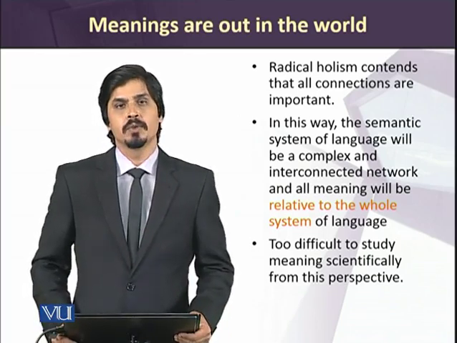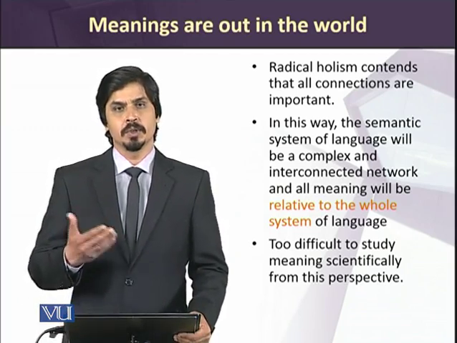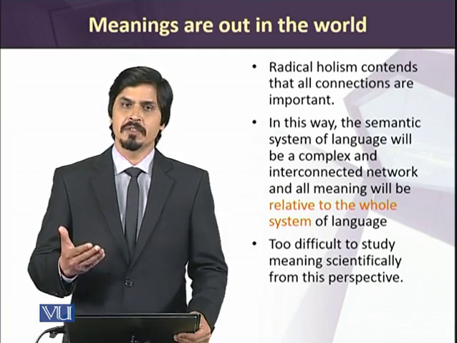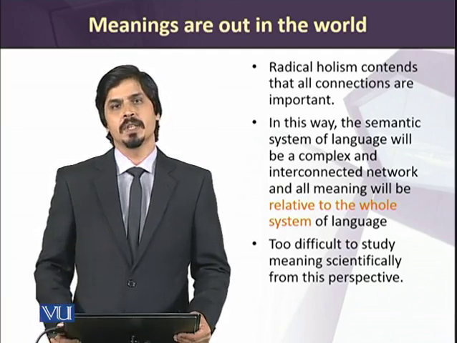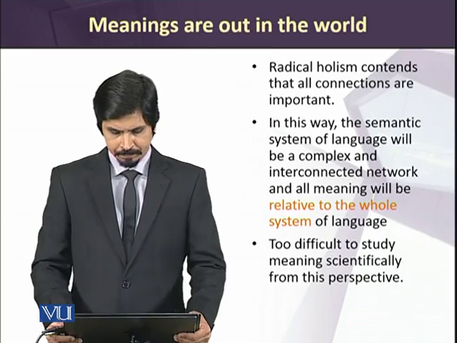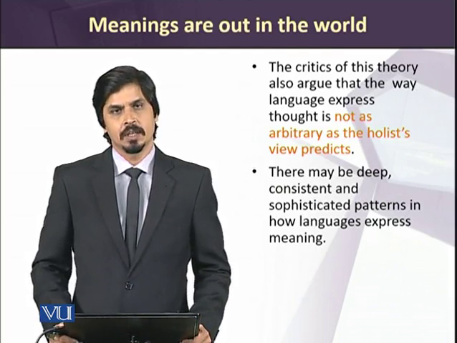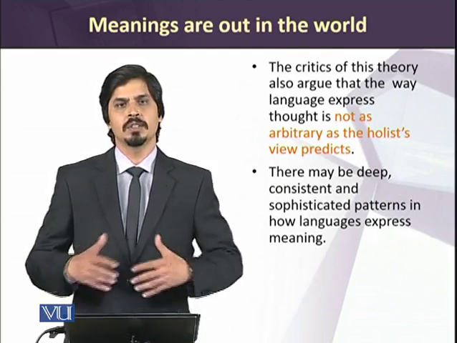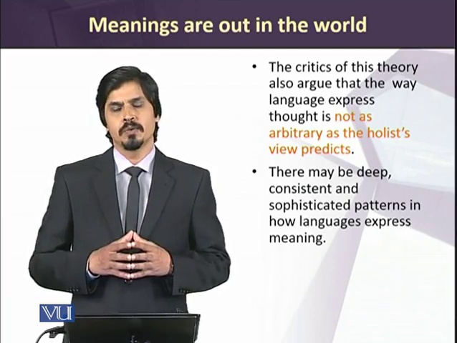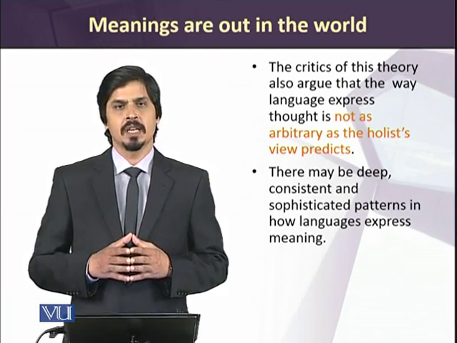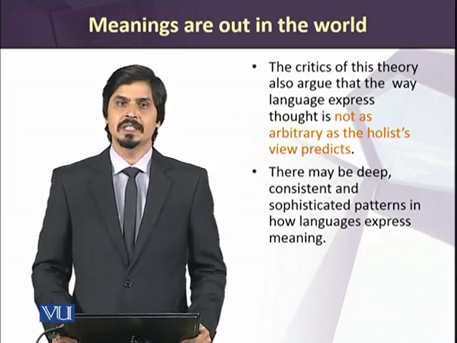And in this way, the words would probably become relative to other words, and their meanings would also be understood in the same fashion. I mean, if you understand the meaning of a word, you would relatively understand the meaning of other words related to it. Some of the critics of this theory also argue that this theory proposes meaning as being arbitrary in a language. In fact, language and its meaning are not that arbitrary. There must be a certain system to the language, its words, and their meanings.